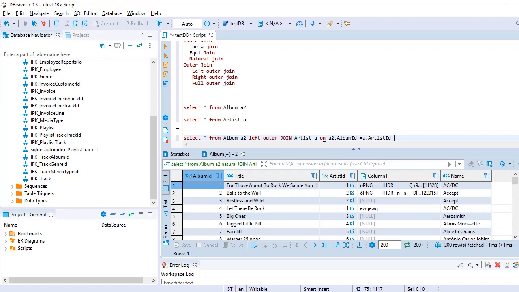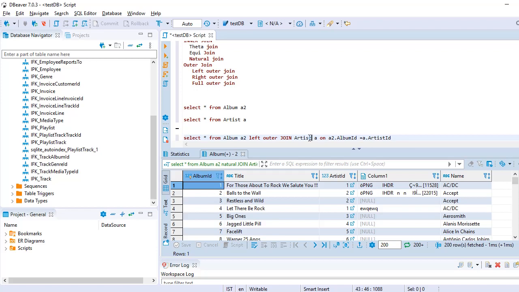Wherever the condition is matching, we will get the results, but the extra thing we get is that even if there is no matching record, the table kept at left still returns its records. This is the left table and this is the right table. If there is no match, then for the right table we'll get null results.